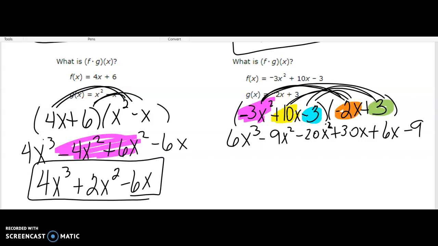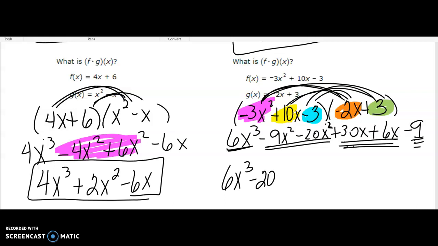Now, do we have any like terms? This is x to the third. There are no more x to the third, so you can't put anything else with it. Both of these are x squared. Both of these are just x, and this is by itself. So 6x to the third, negative 9 and negative 20 would be negative